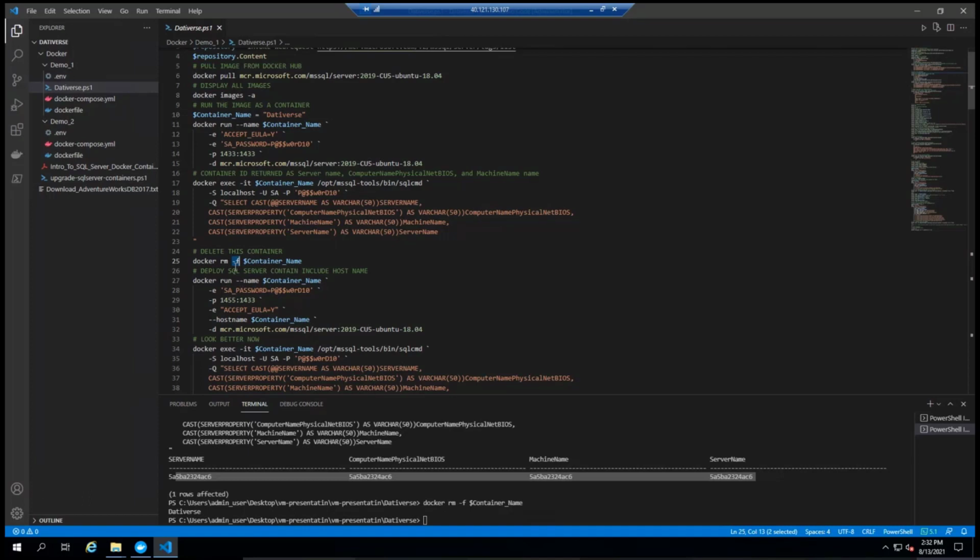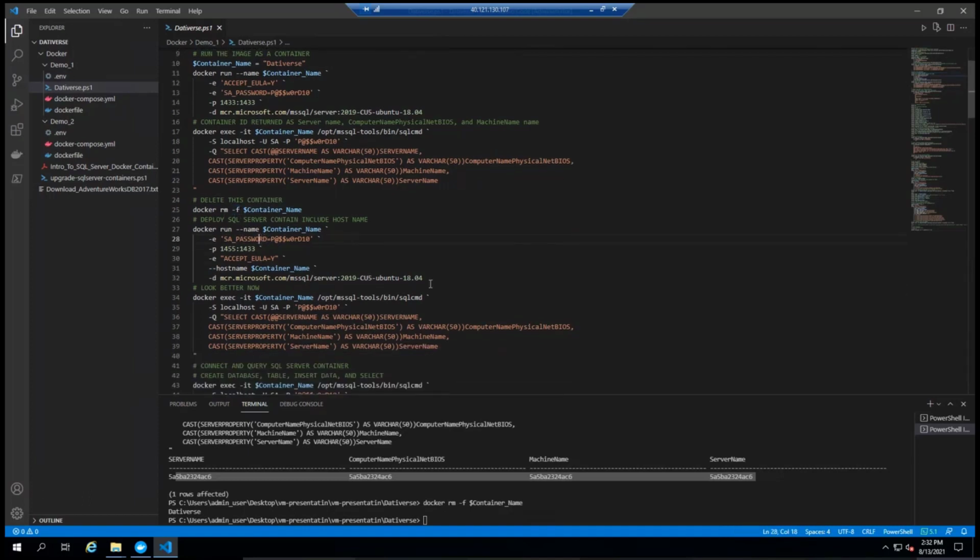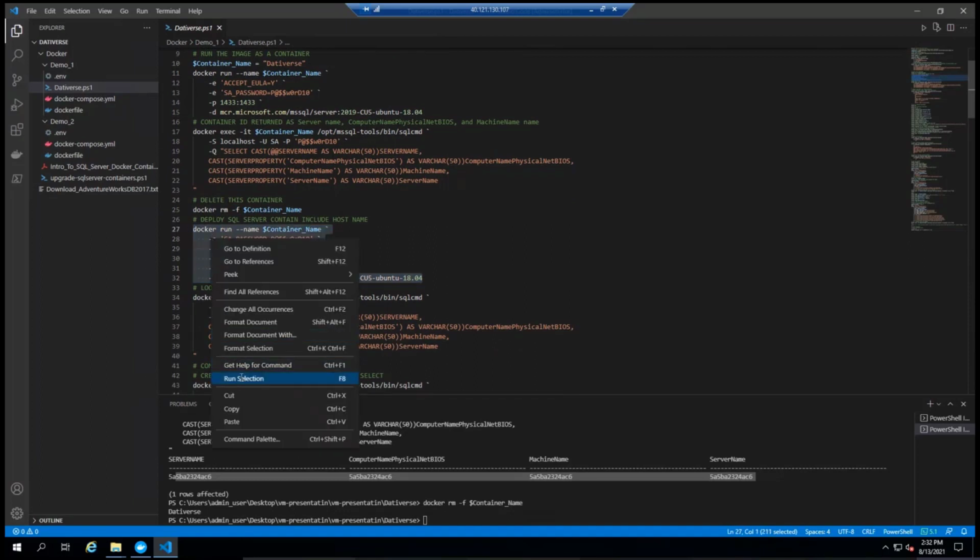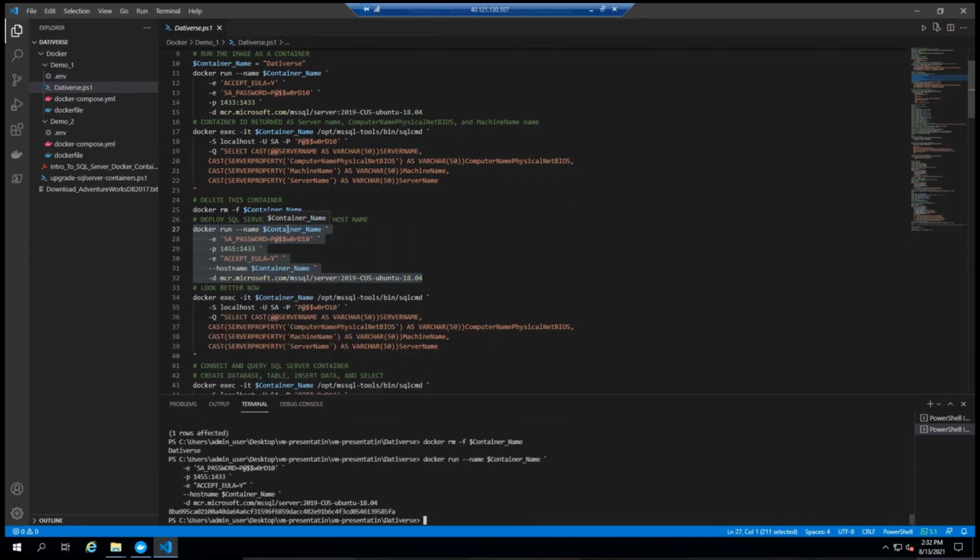If you don't put this, and the container is running, you won't be able to remove it. Let me run this and explain the main difference. Here I am passing the container name, and it is the same command. The only difference is that I mention the host name, as you can see, and the host name I want it to be the same as the